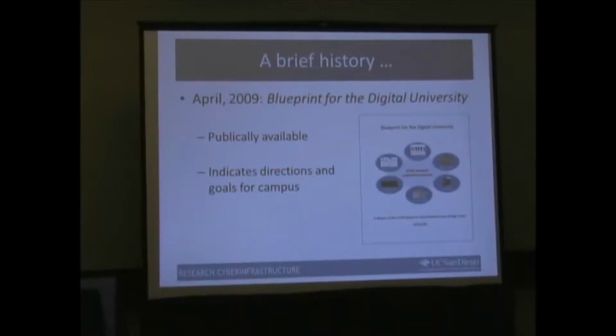But it's out there, and it actually has the survey results I just referred to, as well as the recommendations. And basically this document, it's about 115 pages, was the way that we laid out what the campus needs to be doing next year, well, it's 2009, yeah, 2010, 2015, and beyond. What direction should the campus be taking?